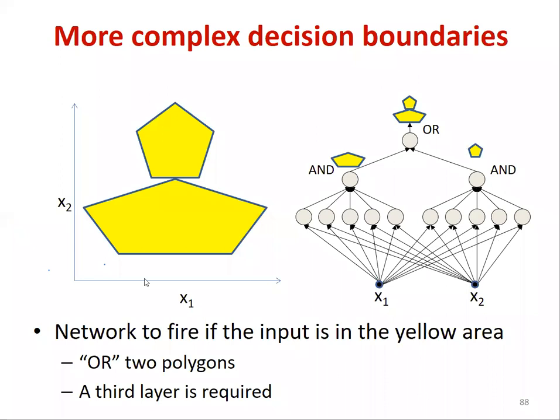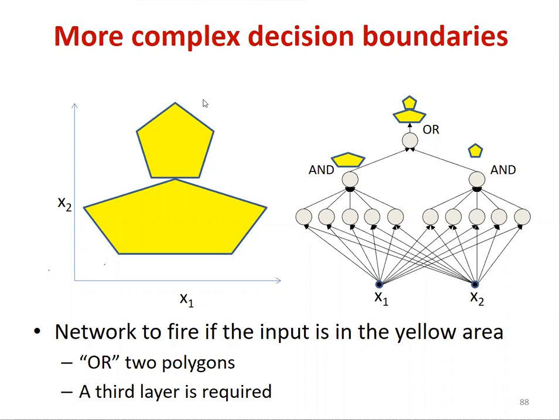For example, if you want a network which outputs a 1 if the input is in the yellow region and 0 otherwise, you would have one subnetwork for the lower pentagon, another subnet... There's a lot more to it, just hang on, right? But yes, what we are saying is that there's a minimum depth. If you go below it, the consequence on the number of neurons required may be non-linear.